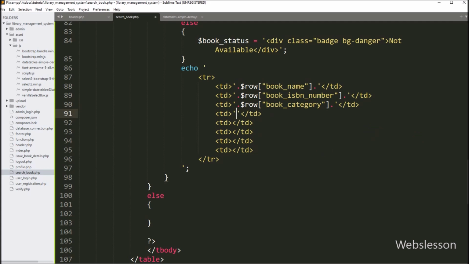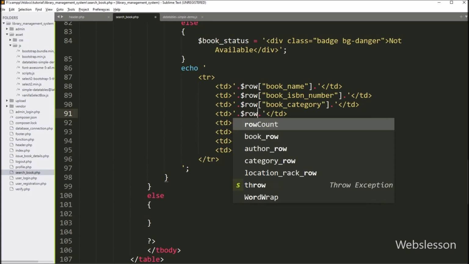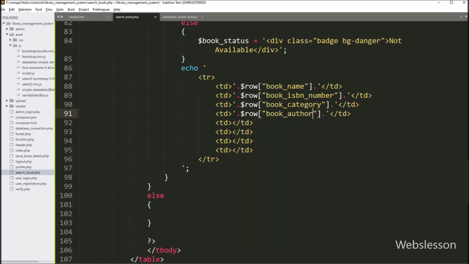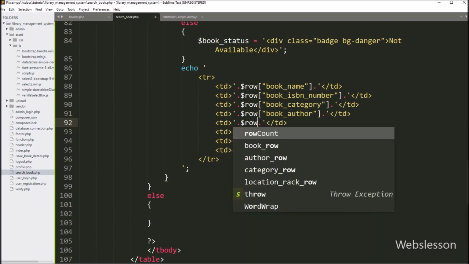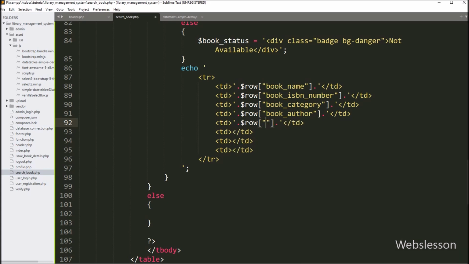In the fourth table column, we want to display the book author table column data, so here we have to write the $row book_author variable. In the fifth table column, we want to display the book location rack table column data, so here we have to write the $row book_location_rack variable. Under the sixth table column, we want to print the number of book copies table column data, so here we have to write the $row book_no_of_copy variable.